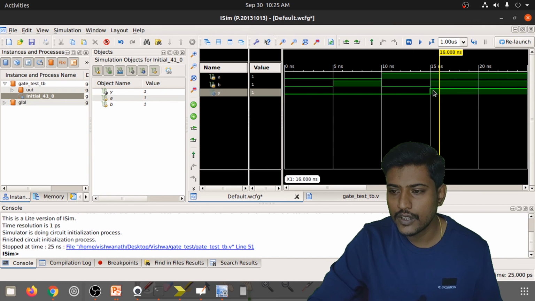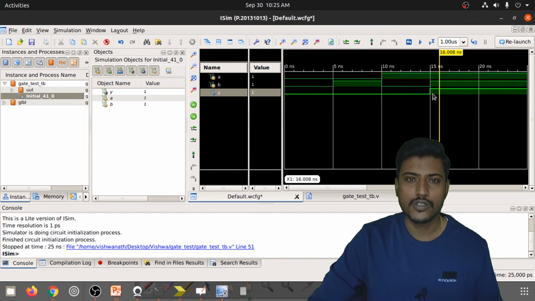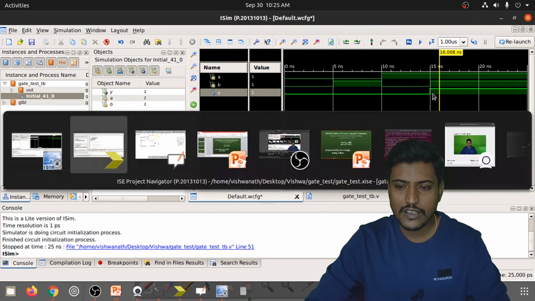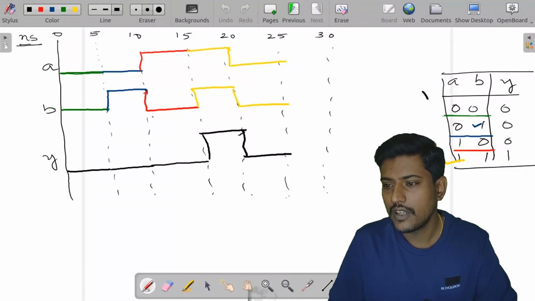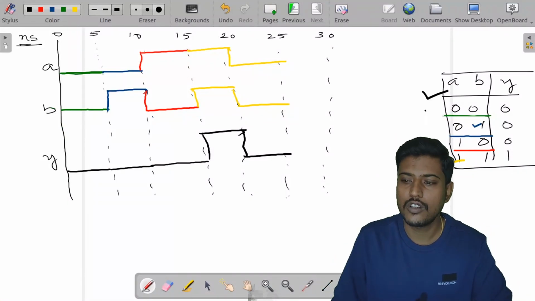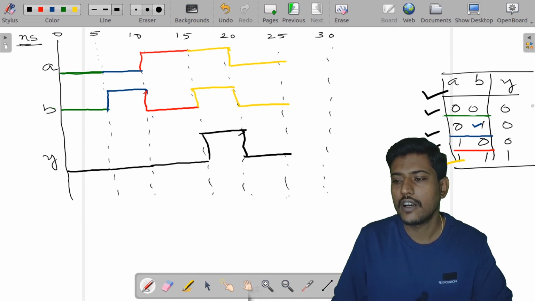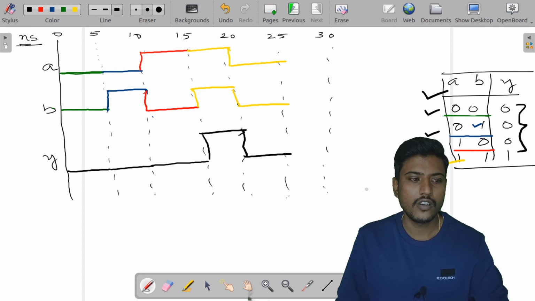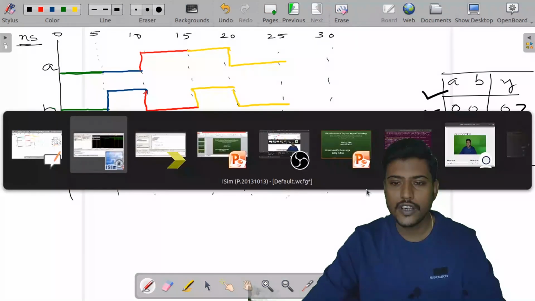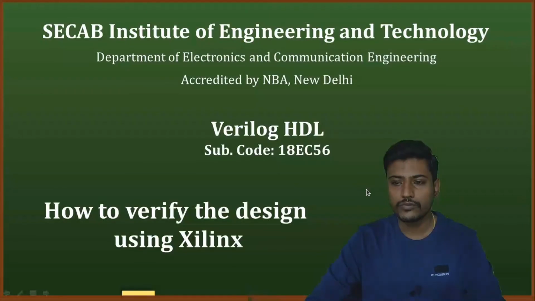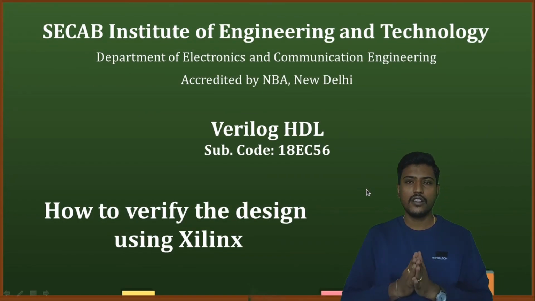This shows me that all these conditions of the test bench have been verified and the outputs are proper. This shows me how to simulate these waveforms.